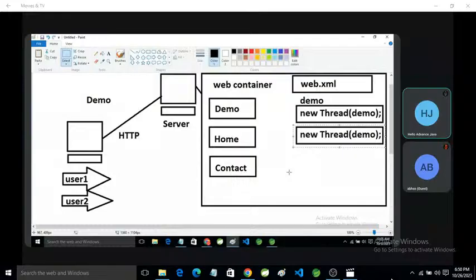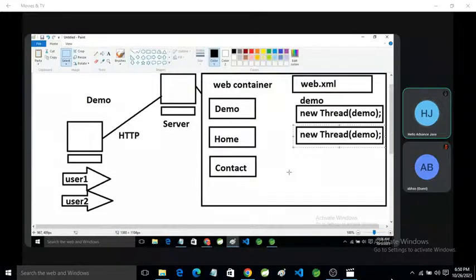If another user sends a request for the same servlet, the web container will not create a new object of that class because the object already exists. So any such method will not execute. It will pass the object in a new thread and pass the thread to the user, and the service method will execute and that will show on the web browser.